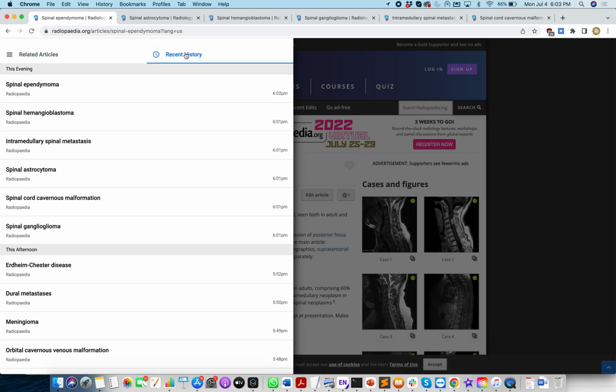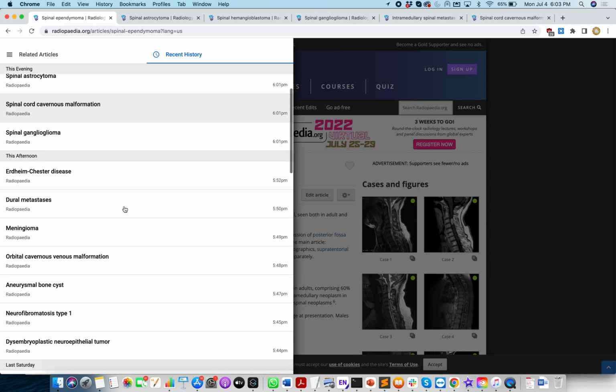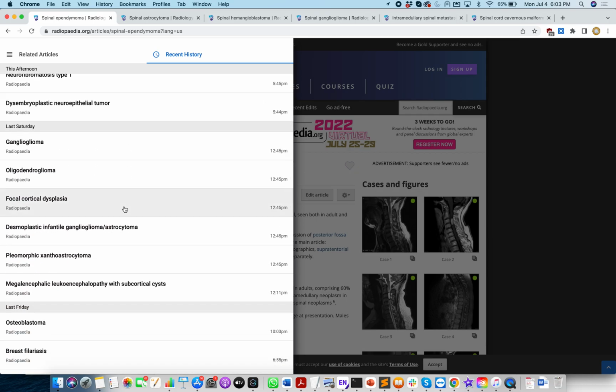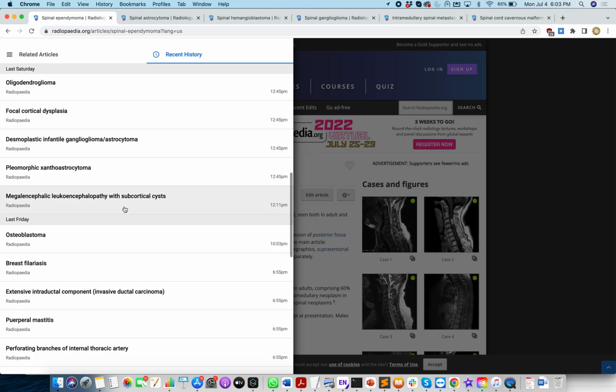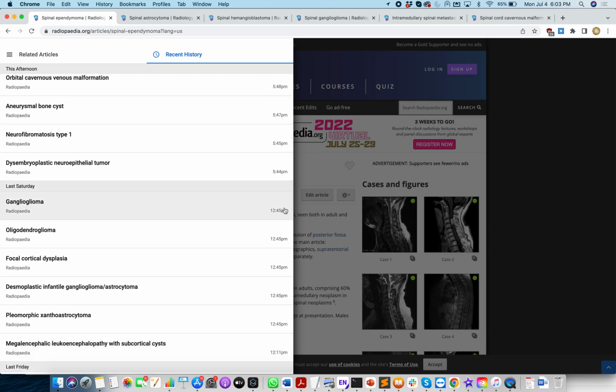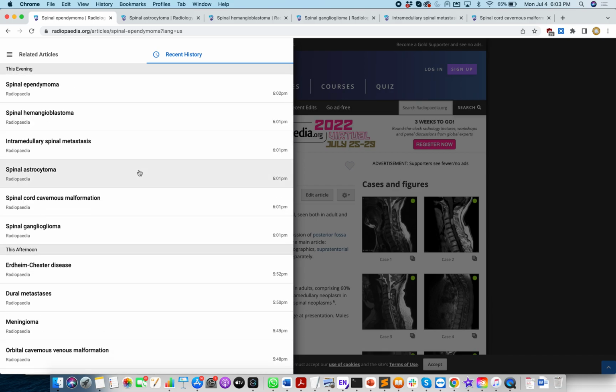And then let's say you're on call and you're looking up a bunch of articles, but you want to maybe go back and study some of the ones that you saw on call or on a day shift, in this case, neuroradiology. You'll actually be able to revisit them based on the time and the day that you visited any particular page. This works for Radiopaedia,